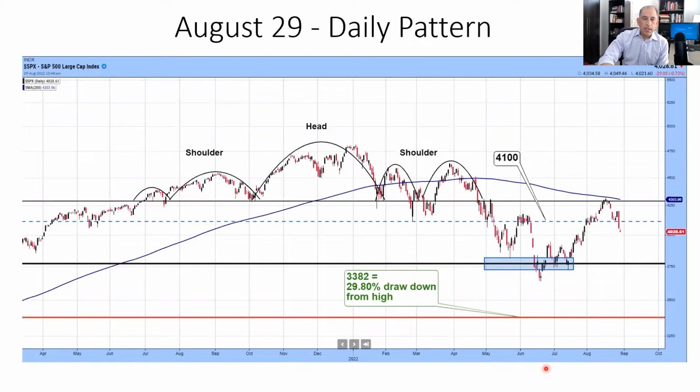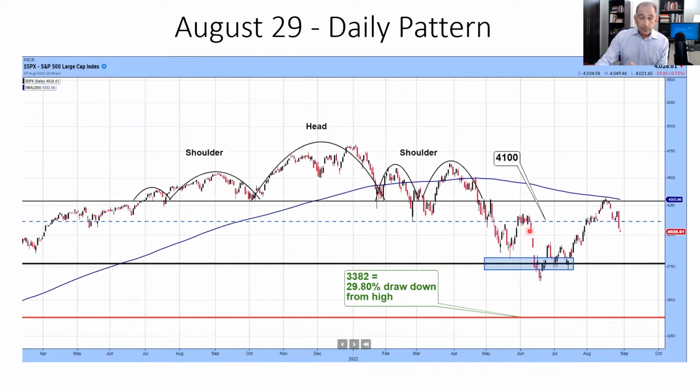We did some patterns. As a matter of fact, we talked about this last week. This level here was 4,300. A lot of people are saying, oh, look, the 200-day did its job. It did, for sure. I think it was a coincidence. I really do think it was a neckline here that was formed by this head and shoulders pattern that was really more important. The 200-day just happened to get in the way.